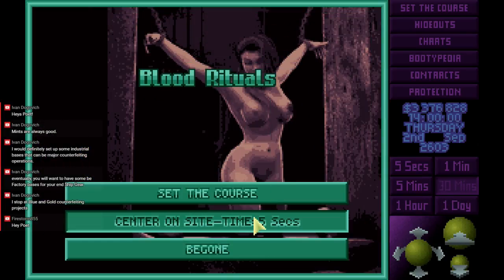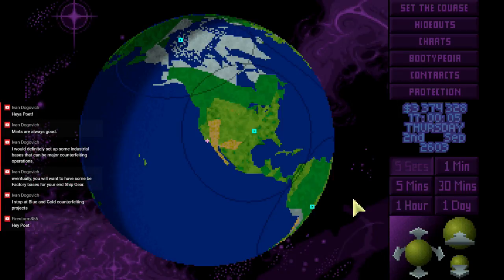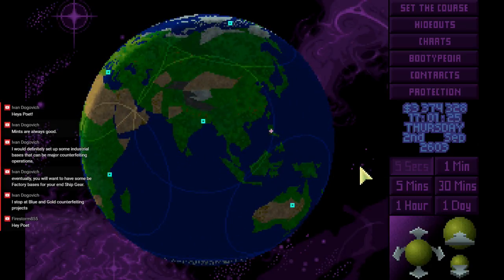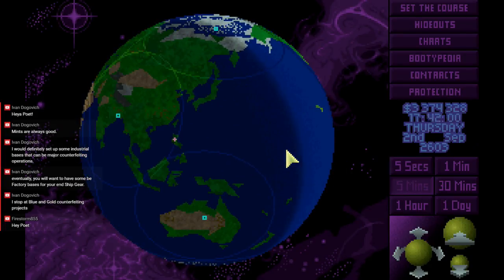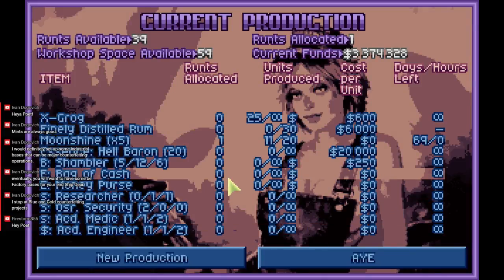Oh, blood rituals, a new one. Let's wait for daylight. Oh, and a mansion. All right, here's the deal with a mansion. We're gonna do it because I enjoy it. And I'm gonna save at... well,